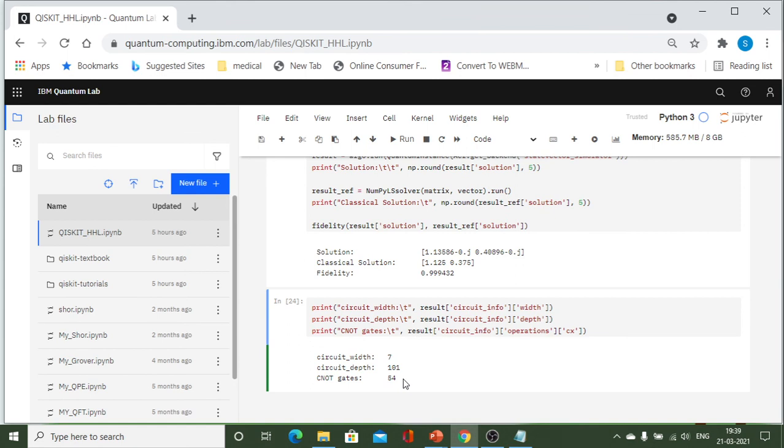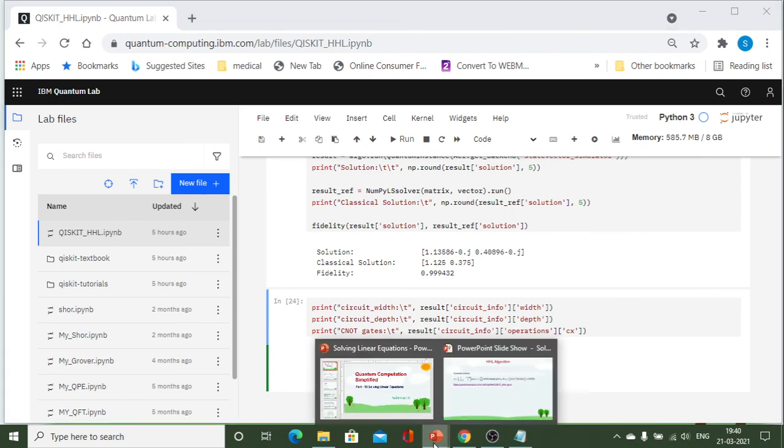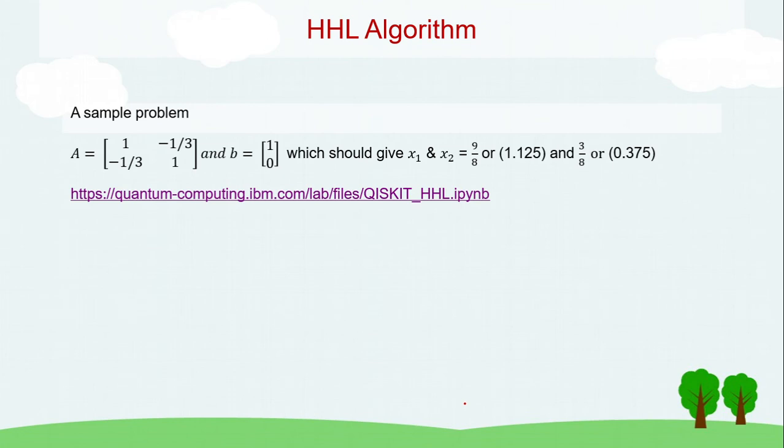But the interesting part is this algorithm will work even when the matrix size is 1000. So that is the purpose why the big companies want us to learn quantum computing, try to come out with fantastic algorithms, so that once the quantum computer hardware is available, these algorithms will help us a lot. So don't worry that we are unable to use a quantum computer, but certainly we should prepare ourselves and be ready for using it. Okay,